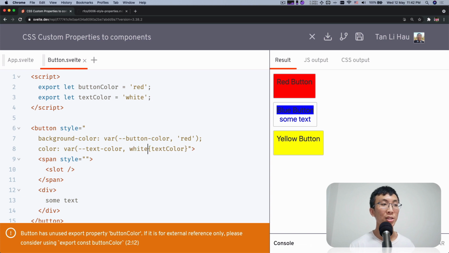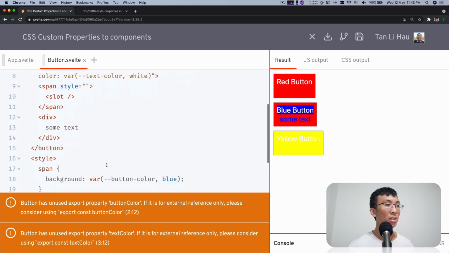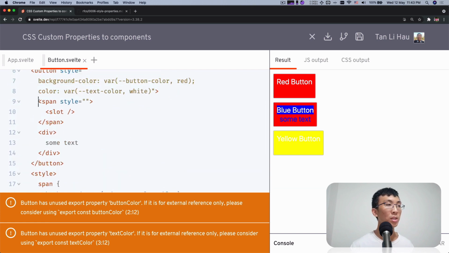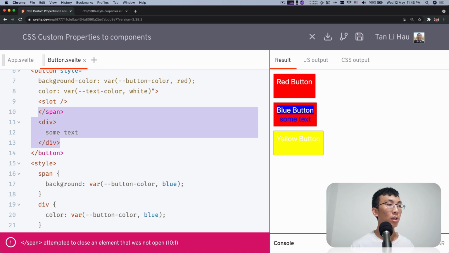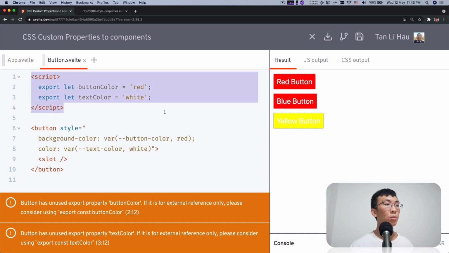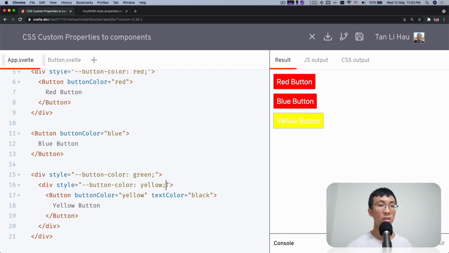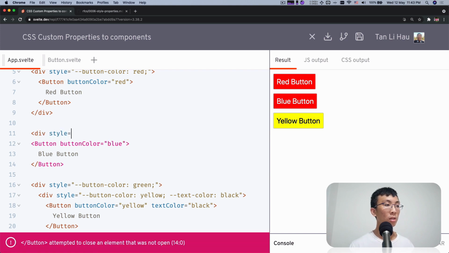Okay, I forgot I shouldn't use quotes, because quotes do not work in CSS. If I do this, I can also remove all these things. Let me revert all the changes I've made so far. Now we don't have to take in any props, and we can allow people to come over here and style this. I can say text color is black, and now you can see I am styling this yellow button to be yellow color and black, and this button to be a div style button color blue